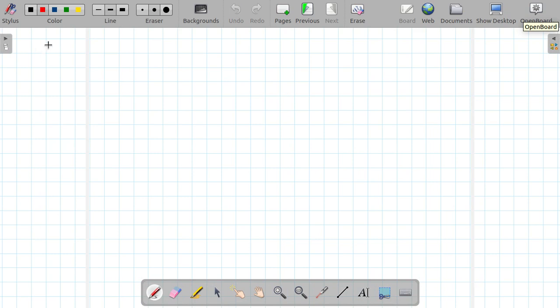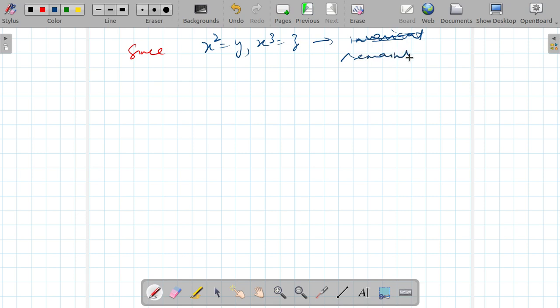Now, since we know that x2 is equal to y and x3 is equal to z, these are invariant, or these remain unchanged, as the frame of reference is moving along the x-axis only. So that means this y and z remain the same. So if they remain the same, then the matrix